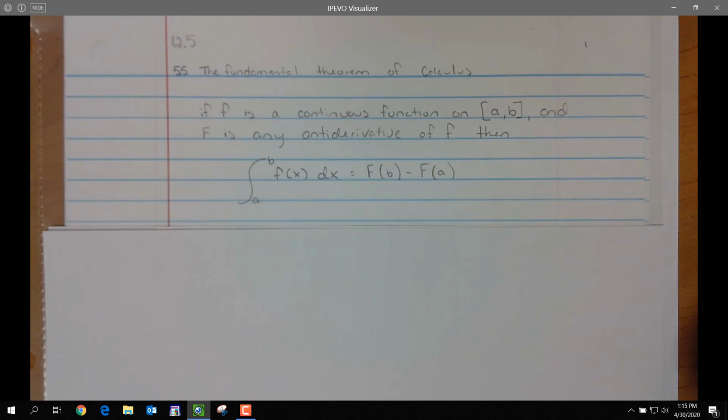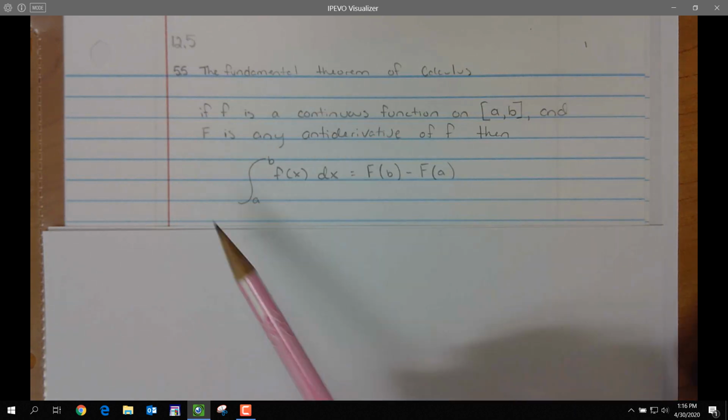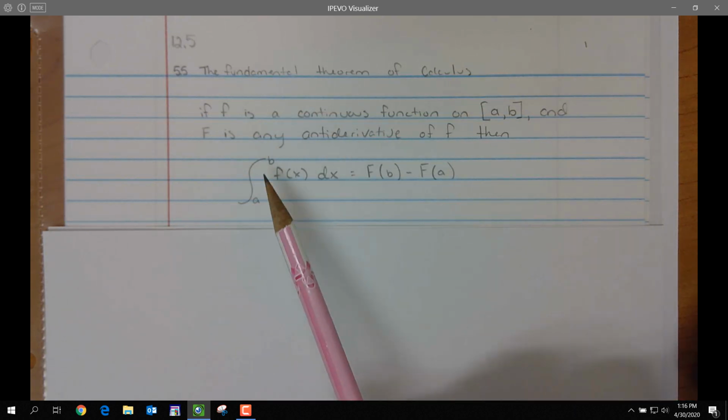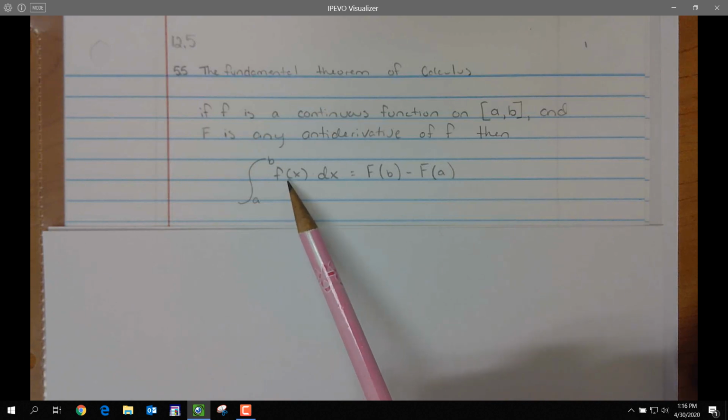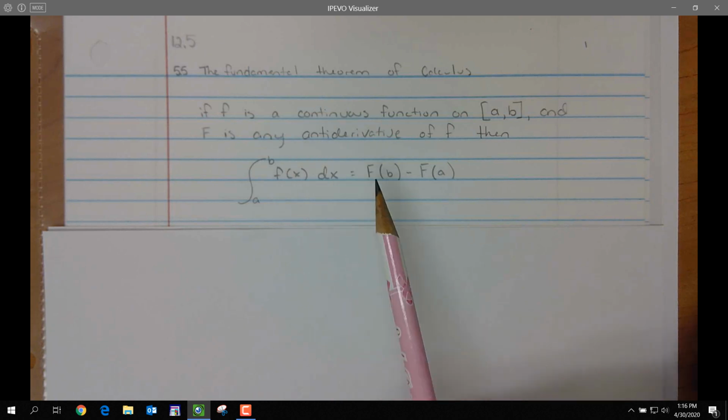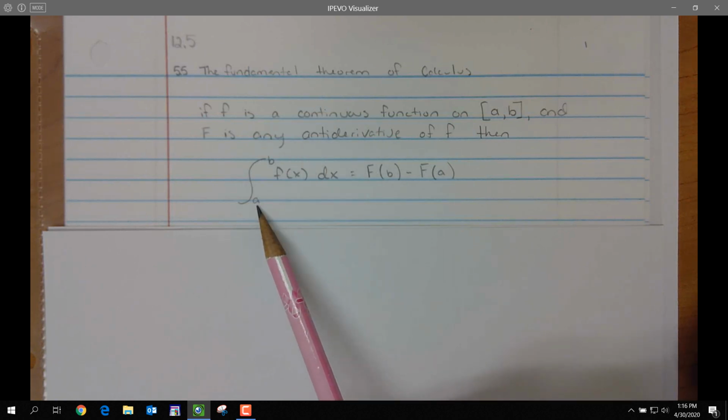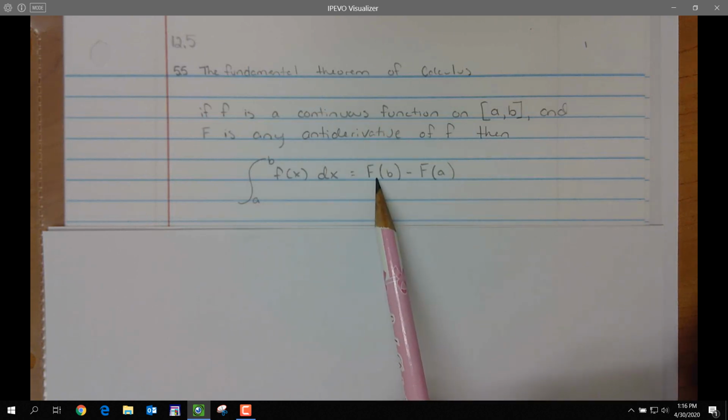If the function f is continuous on some interval a to b, and capital F now is going to represent the antiderivative of the function f, then the following is true. So if we have an integral that goes from number to number of some function, we can find the antiderivative of this function and put in this value b, and put in the value a, and subtract them, and that will be your answer. So let me show an example of that,